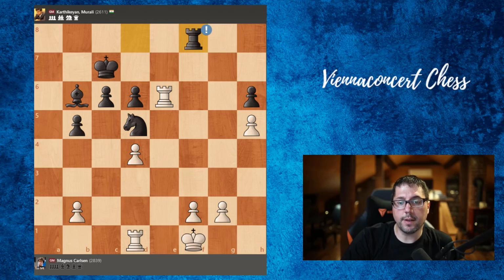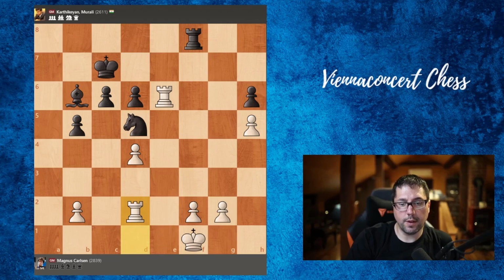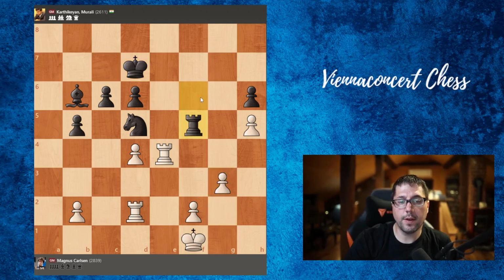The point is that if rook takes the pawn, then knight e3, winning a rook, because white cannot take because he's pinned. So rook to f6, rook to d2 was played, but now very beautiful move, rook to f6, and yes, white cannot afford to trade the rooks, so he goes back, and here king to d7 was played, g3, rook f5,